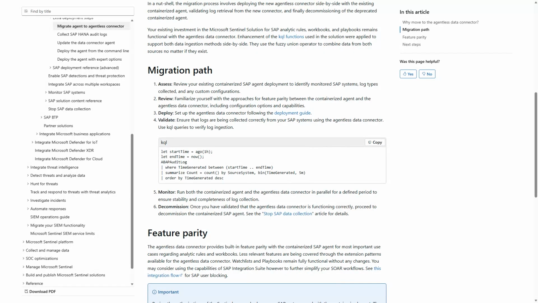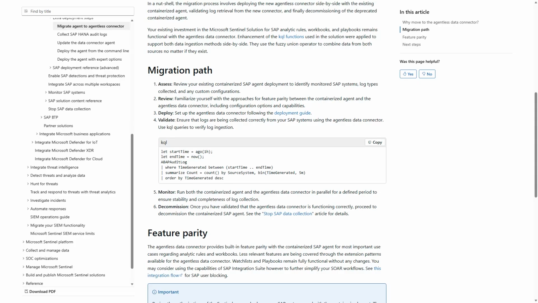So assess what you have done today, how many connectors that are agent-based are running, what type of logs you added, and then run a small review, and then follow our deployment guide. That gives you the nuts and bolts, as Will put it before. And then from there, it becomes quite simple. Just turn on agentless, see if it works. And if it does, you are ready to start ramping down your Docker containers, your Kubernetes clusters, etc.